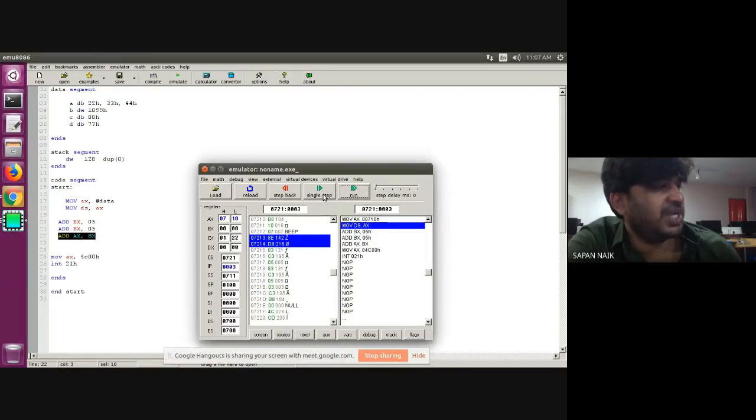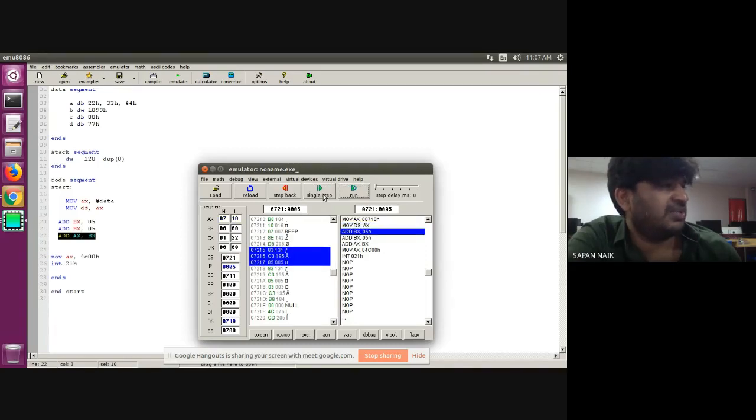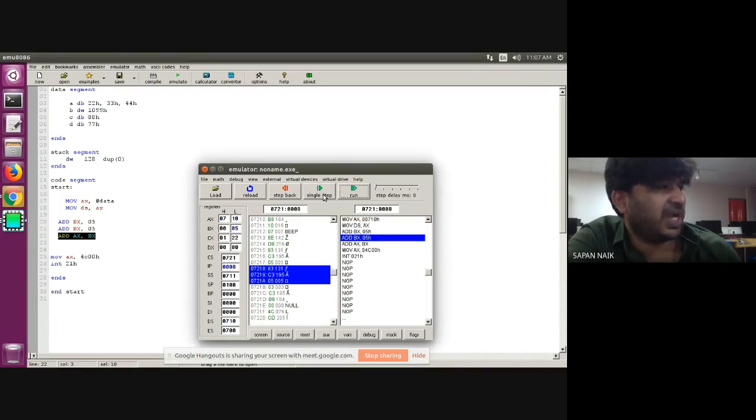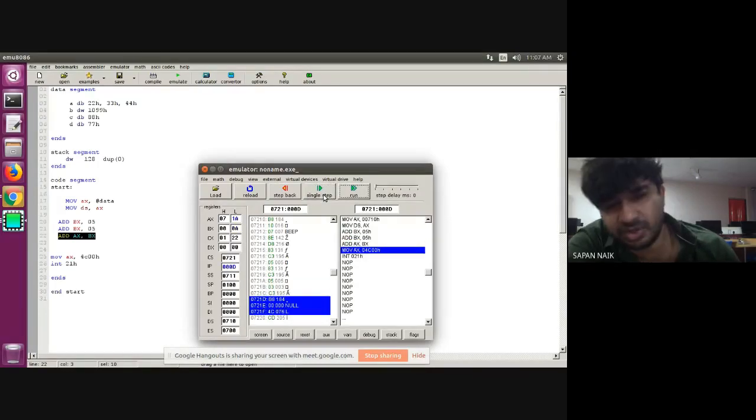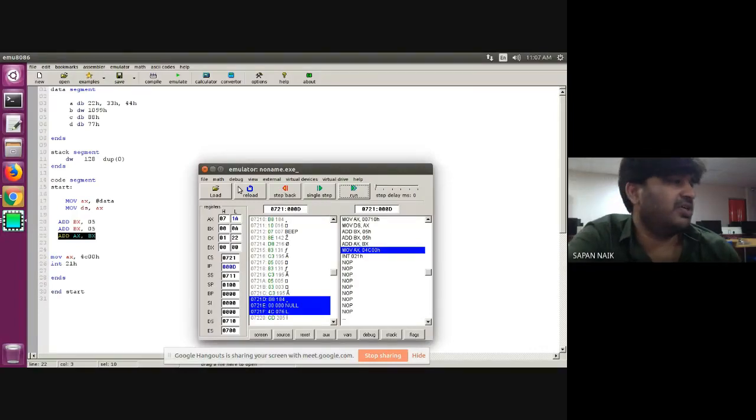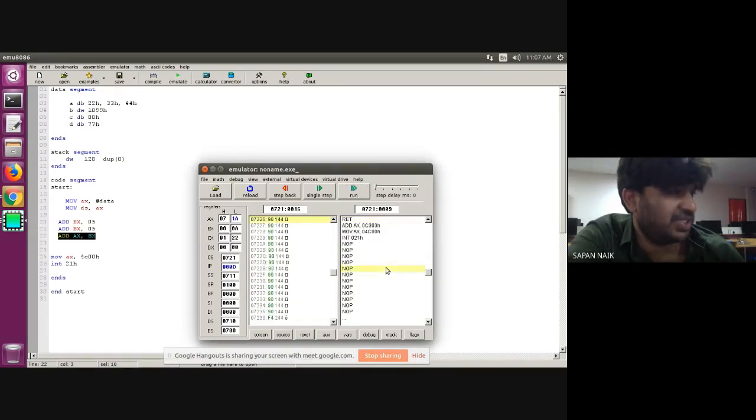Another 10 will be added to this, so it will be 071A. BX is 5, then BX is 10. Now this 10 will be added with AX, so my AX value should be modified. You see, it is modified: 071A. So this is how your 8086 works. You can see your registers here, you can see your memory here, and this is your main program.